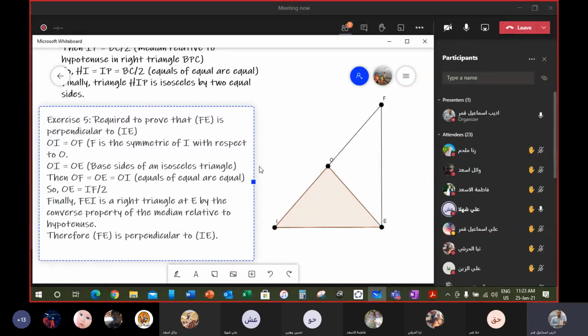استاذ انا هي الايكوال اوف ايكوال ار ايكوال ما فهمتش كده. Very good. ما طلع عنا يا علي شهلة OI equal ال OF وال OI equal ال OE يعني صاروا ثلاثتهم equal لبعضهم. ال OF equal ال OE وال OE equal ال OI يعني صاروا ثلاثتهم equal لبعضهم، equals of equal are equal يعني. اوكي؟